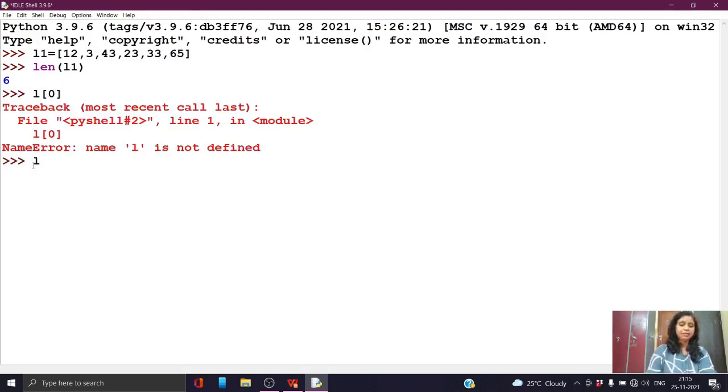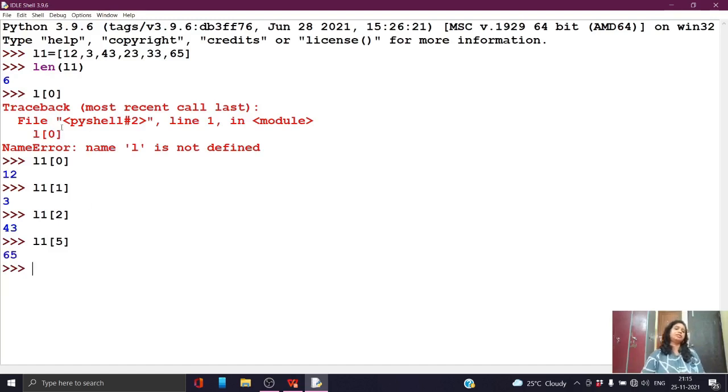Actually I have declared the list variable name as L1. So L1 of 0 is 12. Similarly L1 of 1 is 3. Similarly L1 of 2 is 43. In this way you can access the elements from the list variable. Similarly L1 of 5, length -1 that is 5, then you can get the last element. So this is about the forward indexing concept.